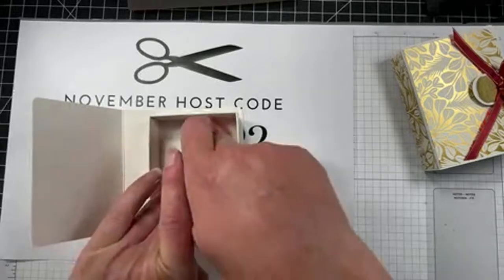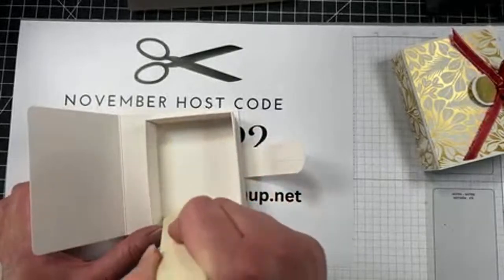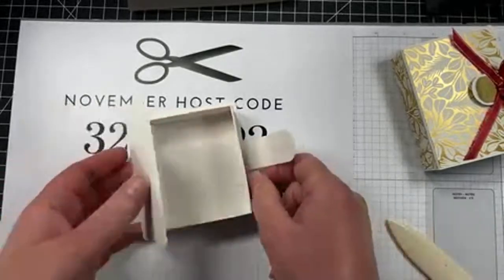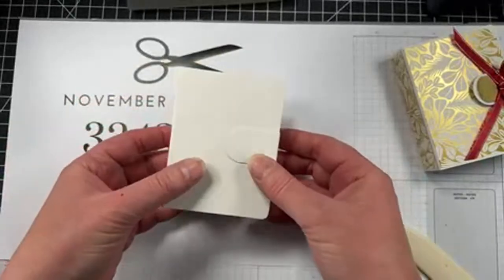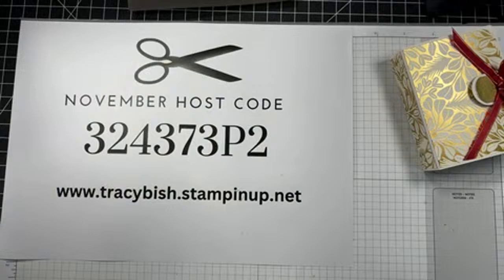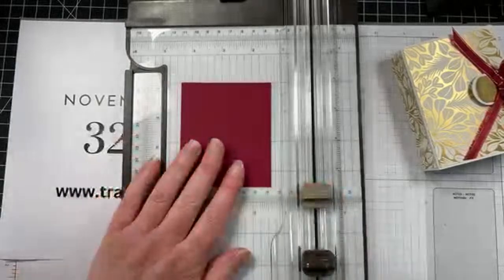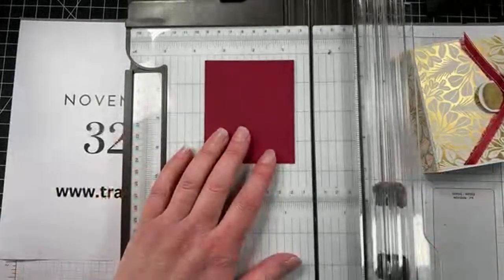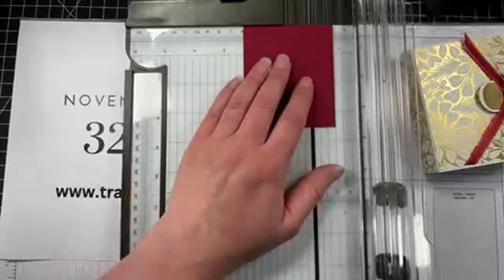Hopefully I've done well there, and then we can just press down, making sure that that has good, strong adhesive. Look at that. Easy little treat box there. Okay, I'm going to grab my paper trimmer and we're going to do a little bit of cutting. I haven't got any of my DSP cut or my cherry cobbler, although this won't need to be cut down too much. For the inside of the box, we need 2 3/8